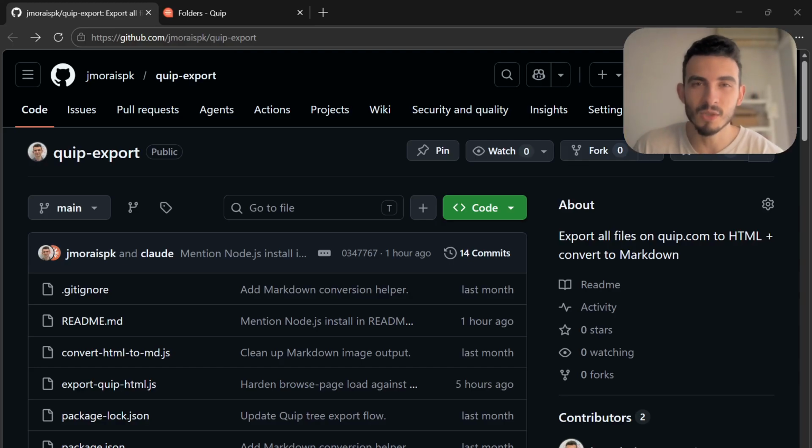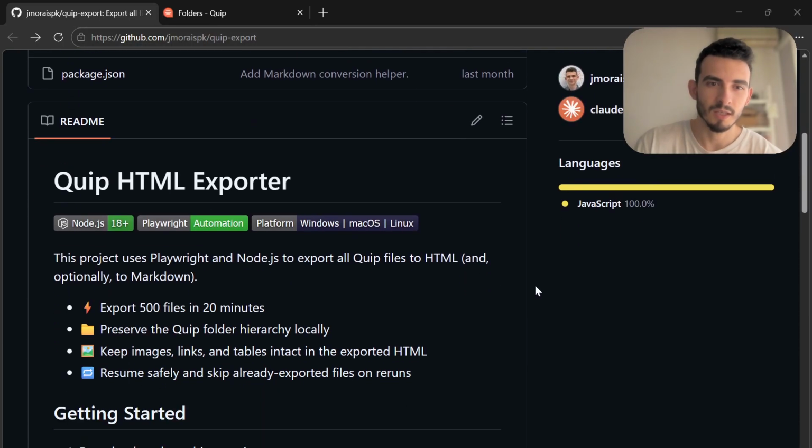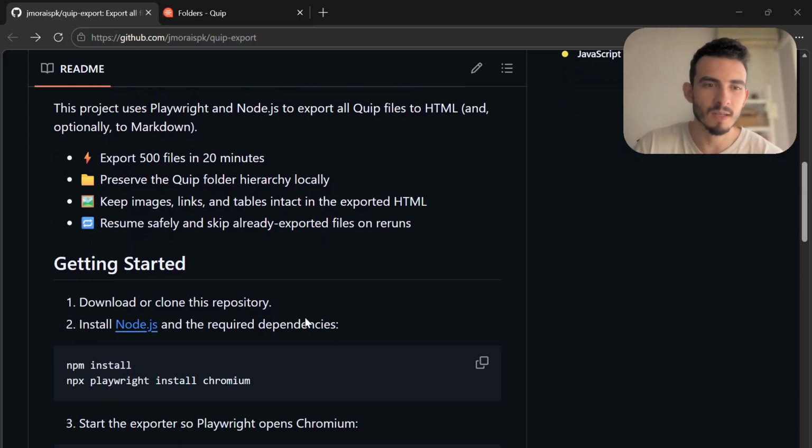Hi, let me show you the tool I made to export files from Quip to Markdown. The tool is called Quip Export. You can find it in this GitHub link. And if you scroll down, you'll see some nice features like exporting 500 files in 20 minutes, and you'll see